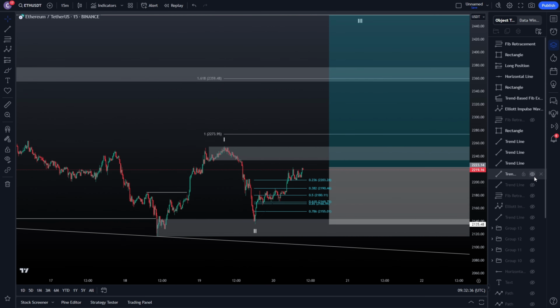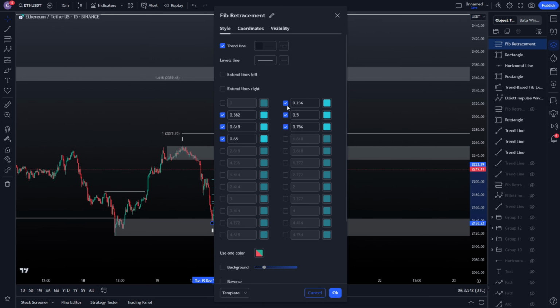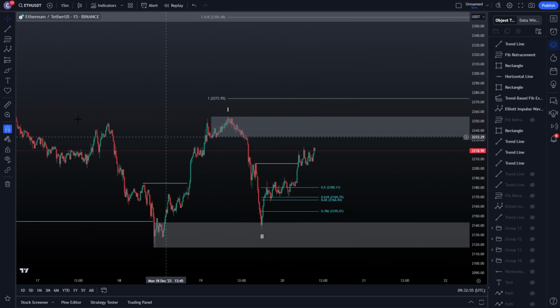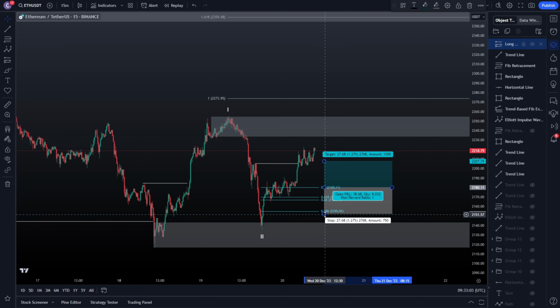So if you do want to get in on Ethereum, then I wouldn't FOMO in at the current price. Then I would wait for Ethereum to either potentially retrace back towards the 0.5 or lower levels and start looking if you can maybe start building a potential interesting swing long from there. Now, in my opinion, you should have already positioned yourself on this pullback. But if you haven't done so, that doesn't mean that you cannot position yourself on a pullback towards the 0.5,